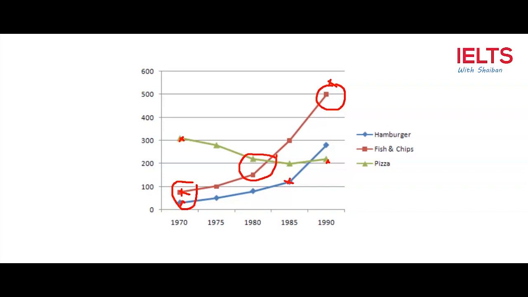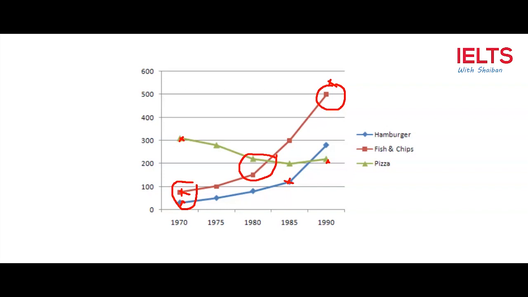Finally, and the final stage, the student should show, after using the language of change, the language of how much or how far the change is, you have to show comparisons. I mean, you have to select maybe one or two comparisons between the trends. For example, if you go back to 1970, and you compare